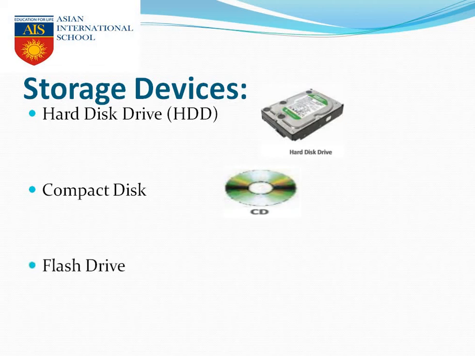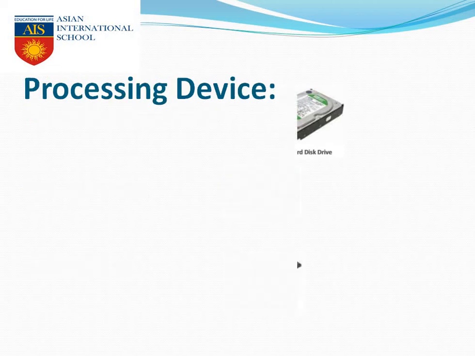Next is flash drive, which we call a pen drive. The purpose of a pen drive is to store the information in this small piece of device, which can store the information permanently. There are a few more examples we can give, that is memory card, which we also use to store the information, a Blu-ray disc, or an optical disc. These are all storage devices.